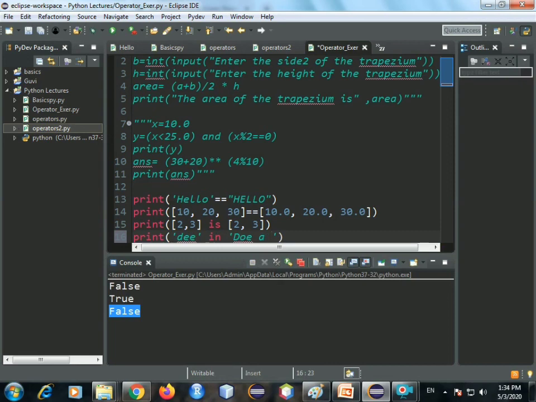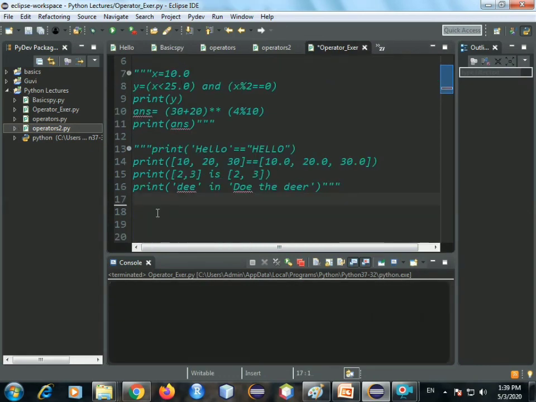Okay, do a deer. Okay, see, you have D in the word deer. Okay, so it should give us true, right? Let's run it. See, we get a true, that yes, the string D is present in do a deer. Okay, actually it is do the deer. Okay, sorry. All right, let's move ahead.